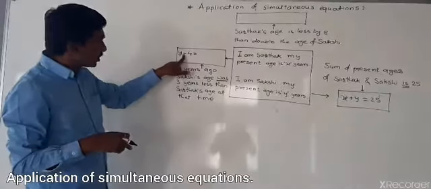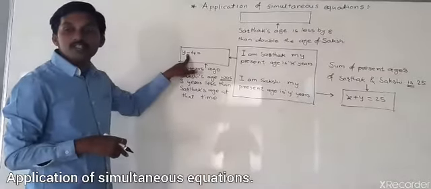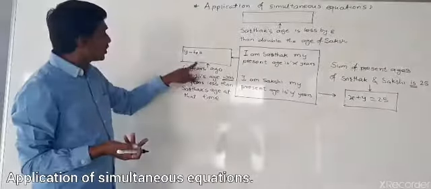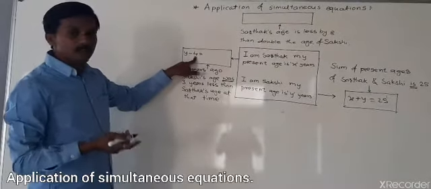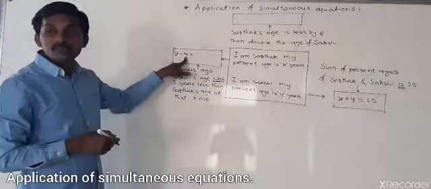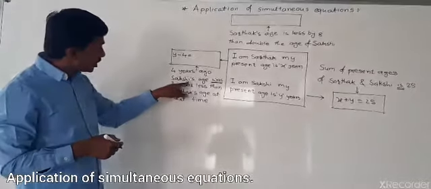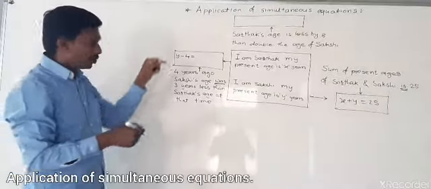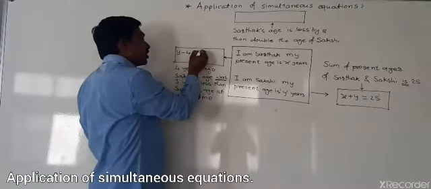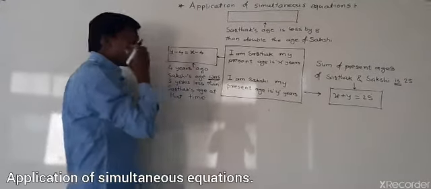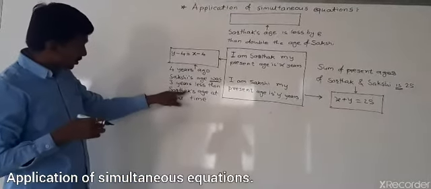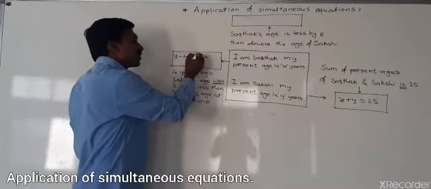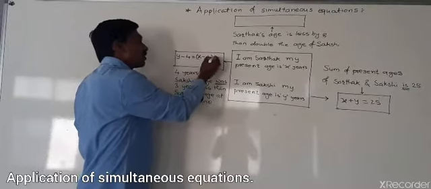When the age of Sakshi is y minus 4, at that time the age of Sarthak is x minus 4, and the age of Sakshi is 3 years less than the age of Sarthak at that time. So we can simply represent it as x minus 4. This is the age of Sarthak at that time, and the age of Sakshi is 3 years less than this. So we can write this as